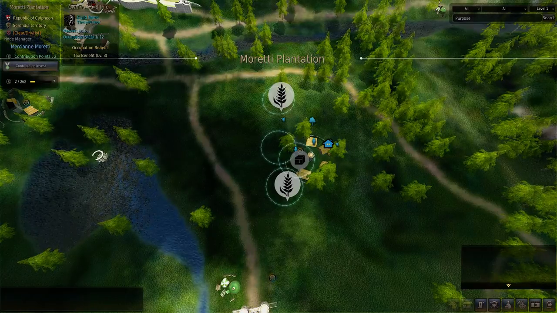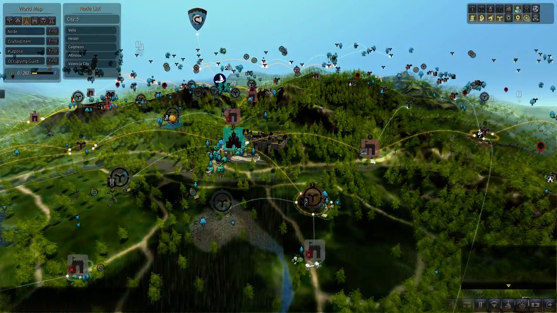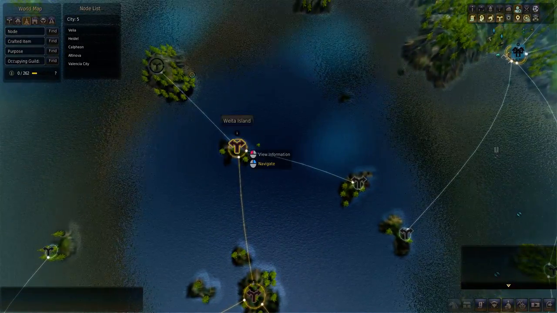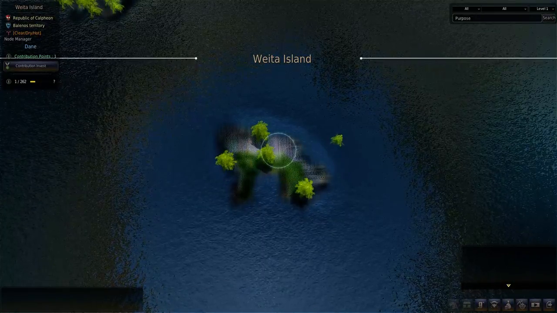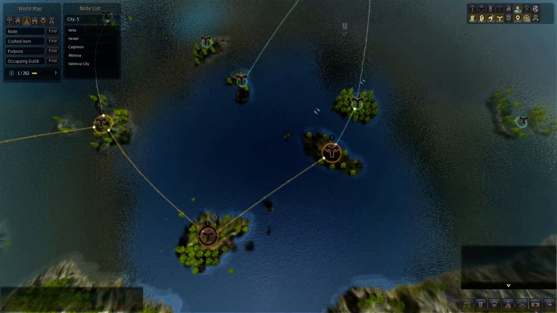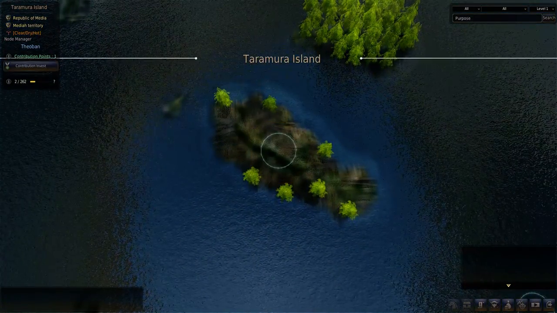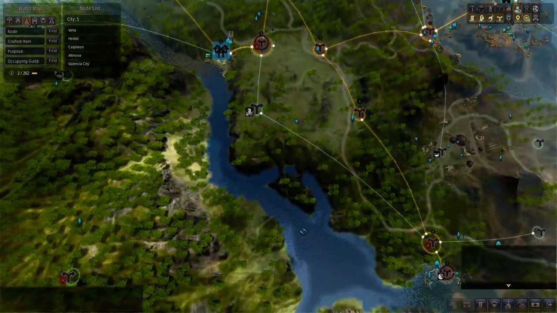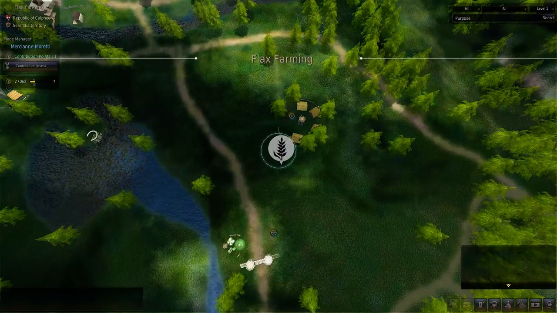crap. Okay, so I'm gonna invest in Moretti, and then you know what this is gonna be. Gotta go out to the islands and steal some more contribution points. Yeah, that sucks. That's okay. Let's see. I think I'm gonna take... Yeah, I'll take this one off. Okay. So now I'll go back down to Moretti. And I'm on the wrong side of the map. There we go. And we'll invest in flax farming,